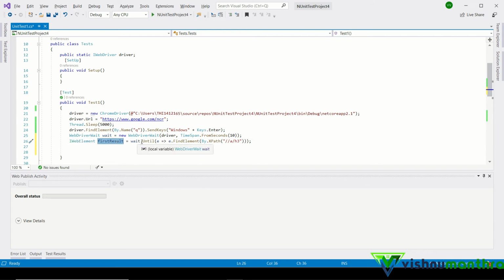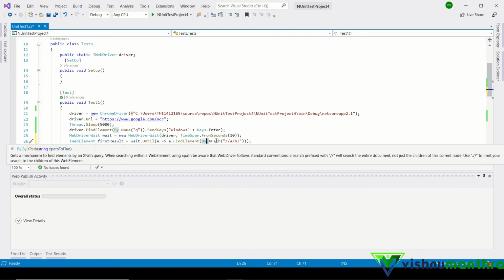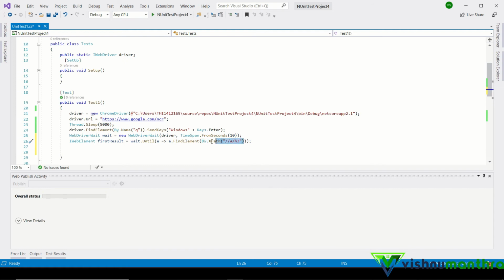So this is the difference between conditional and unconditional wait, and why it is being told not to use Thread.sleep: because we don't have any control over the time we are waiting for the element. Now I have given an element which is to find the first appearing title in our search result. So we will try running the script now.